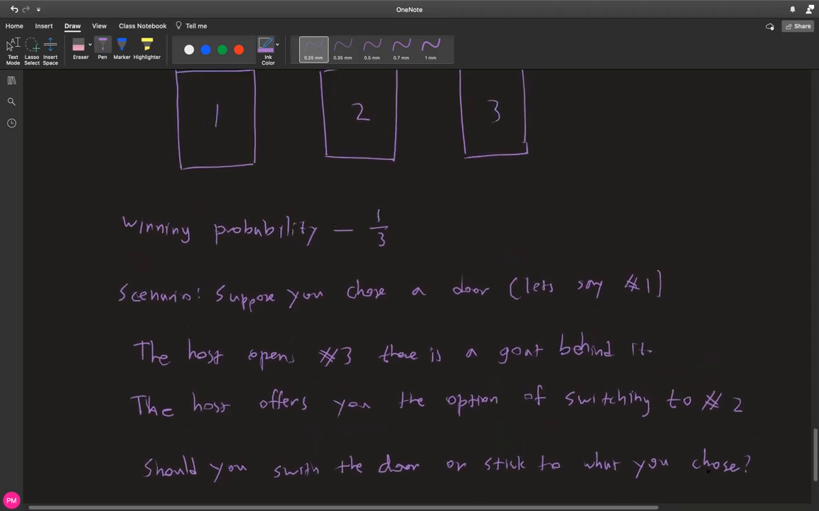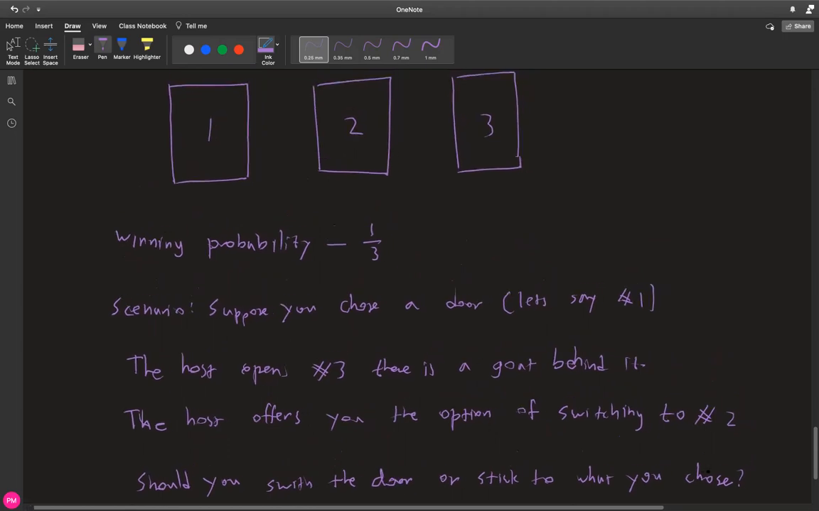So in other words, let me just explain it without writing. So you're given 3 doors that's not revealed. Behind one of the doors, there's a car. Behind the rest of 2, there are goats. In other words, you lose. And you get to choose one of the doors. So in this scenario, let's say you chose 1, but you could have chosen 2 or 3, but it doesn't matter. And now the host